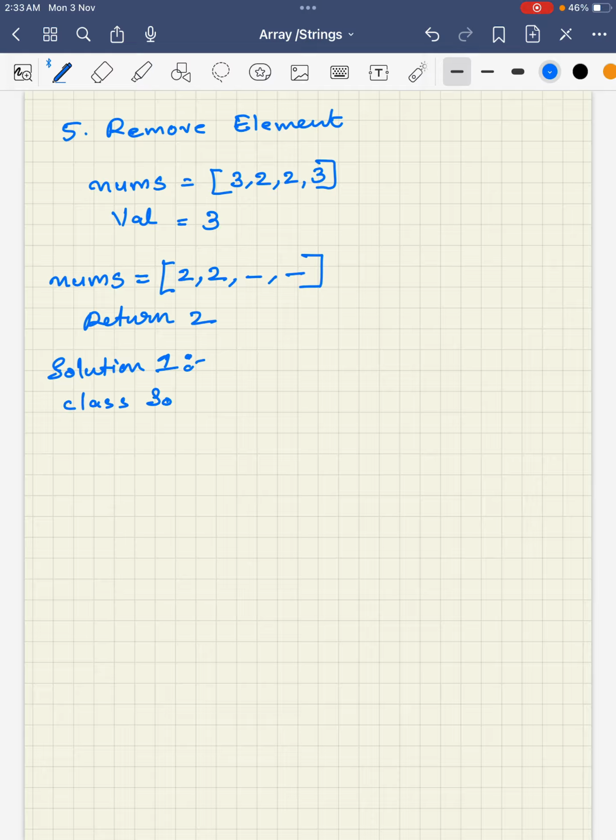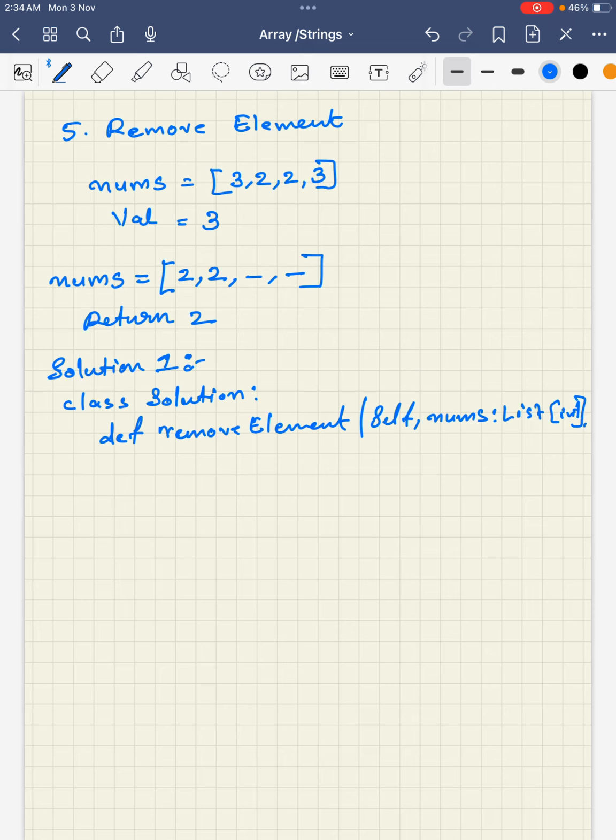This is class Solution. This is a method, removeElement. Arguments inside are self, nums, which is a list of integers, and val, which is also an integer, and you are supposed to return another integer. So this comes from the problem understanding. Then I am going to introduce a new list,